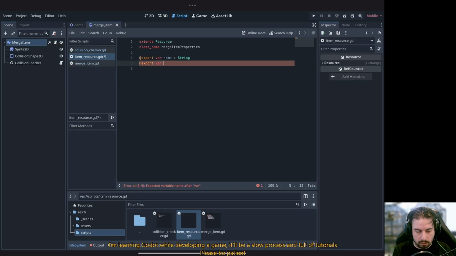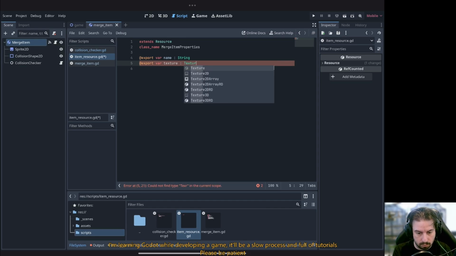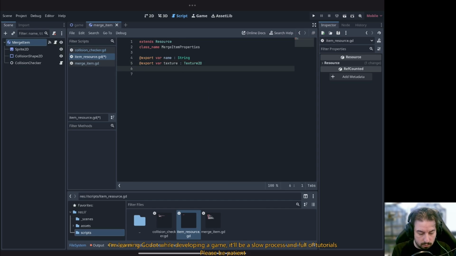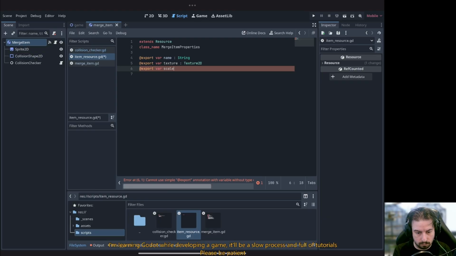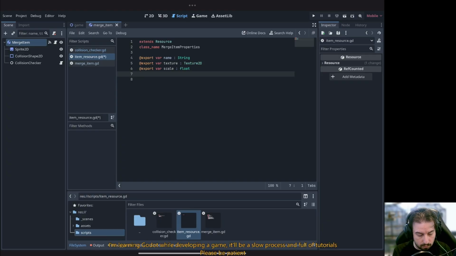We wanted the texture, the scale, and the next item. Okay, so we have our item resource,